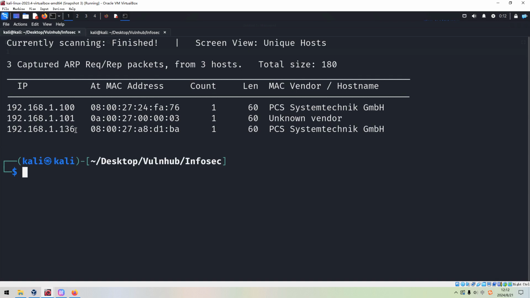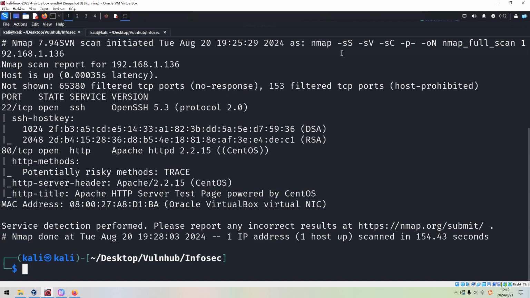So what are we going to do next? We need to do the port and service scanning with Nmap. To save time in this video, I've already completed it before, so for now we just get out its result. As you can see, I use options like SYN scan, the version scan, the default script scan, followed by -p- to do the full range port scan. The last option, -oA, is to output the result into this file. From the Nmap scan, we can tell that the target has 2 open port numbers in total.